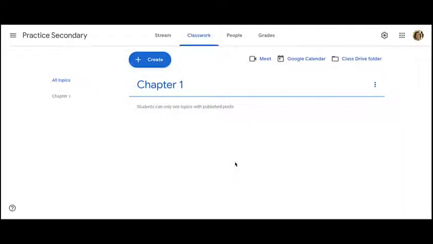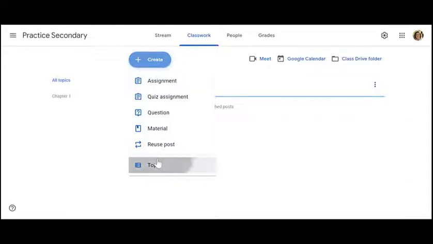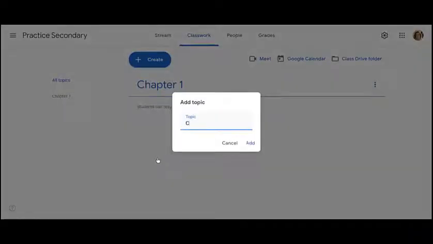What exactly are class materials? Materials would be things like a syllabus or maybe a list of classroom resources to help your students. I'm going to start with a secondary classroom. In a secondary classroom, I probably want a place for my students to easily access these things. So I'm going to create a topic for class resources or class materials,